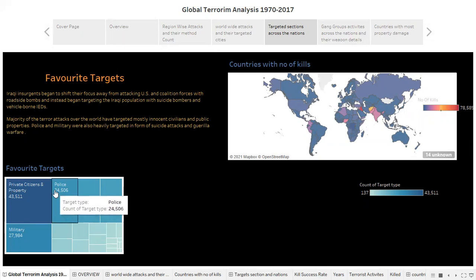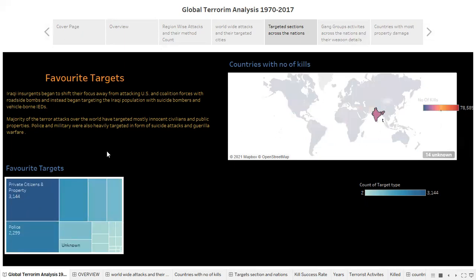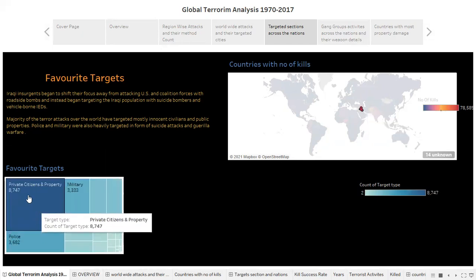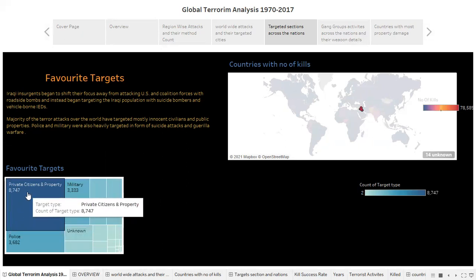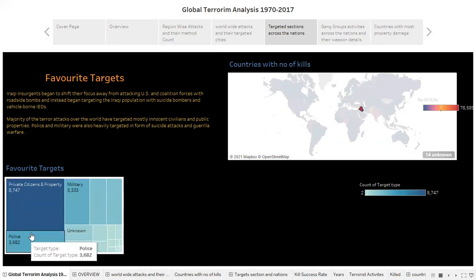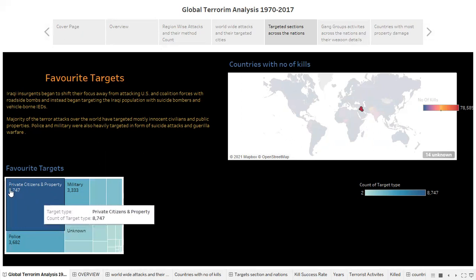If you take India as an example, most of the terrorists are targeting private citizens and property, followed by police and government. In Iraq, private citizens and property, police, military are the top three favorite targets.